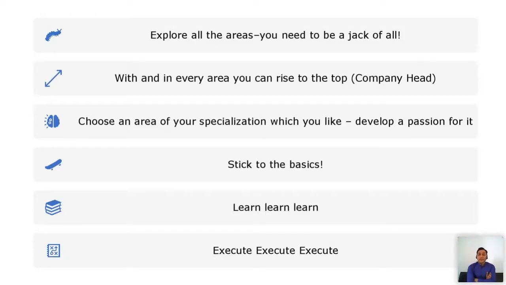You should stick with the basics, because we cannot bypass basics in any way. If you want to do something in your career, you need to understand the basics first. It should not be just fancy things that you are aware of while you don't know anything about your basics. So every time you have to make sure that you stick with the basics as well.